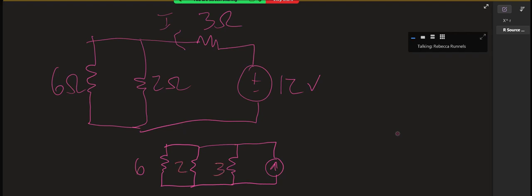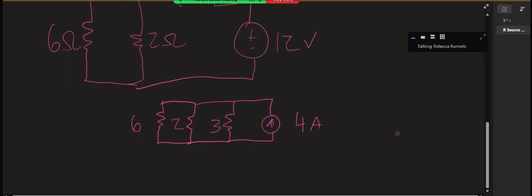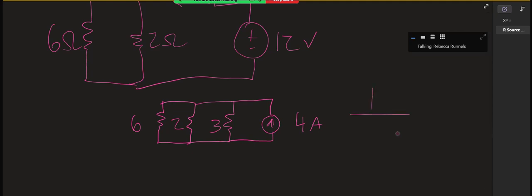And this would be 4 amps. And then I could find the value of those 3 resistors in parallel. I would do 1 over 6 plus 1 over 2 plus 1 over 3 would be the value of those 3 resistors in parallel. And then I could find